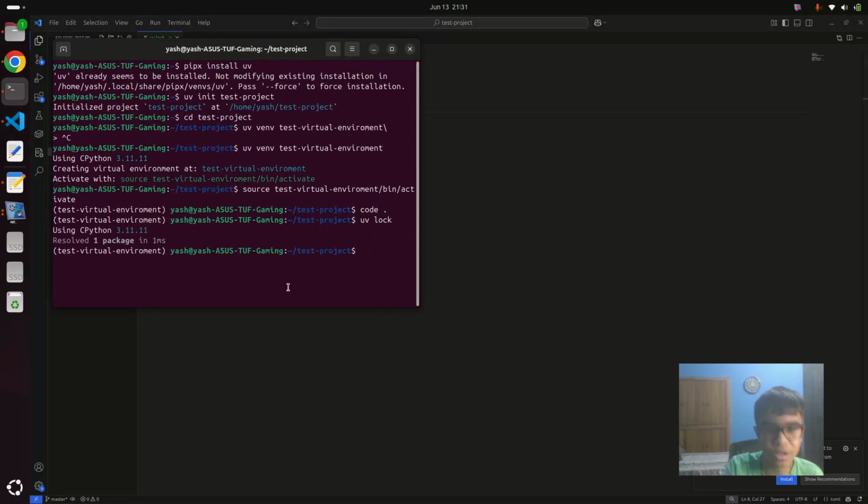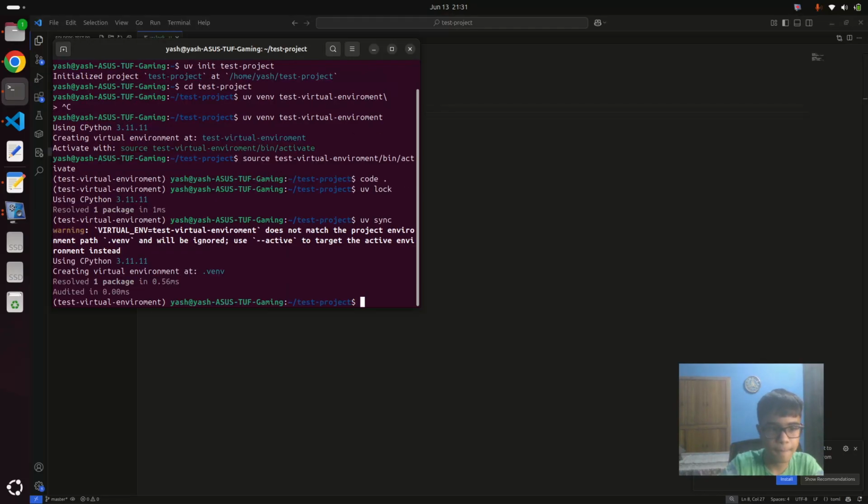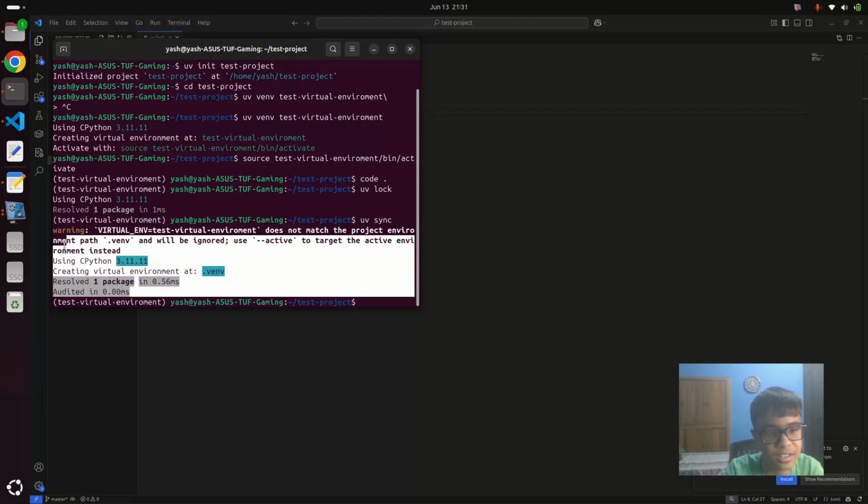Now let me show you how to install all the dependencies of uv.lock. The command is uv sync, and it has installed all the dependencies, and it has created the .venv virtual environment folder, where you can set the variables and all that, like if you want to hide an API key.